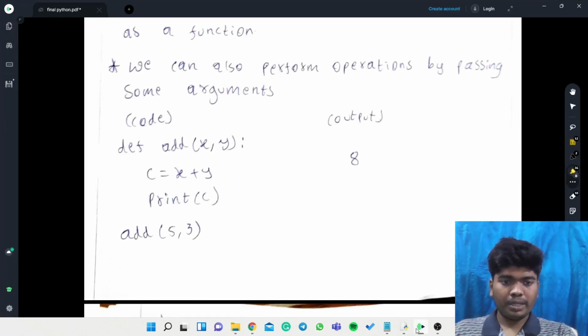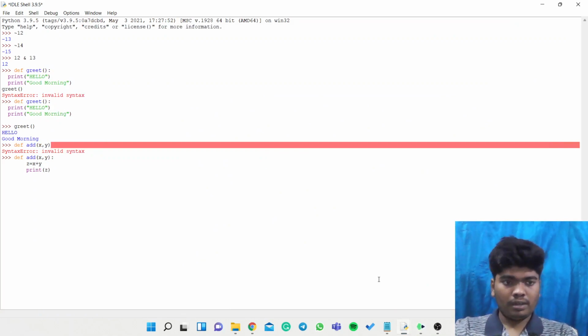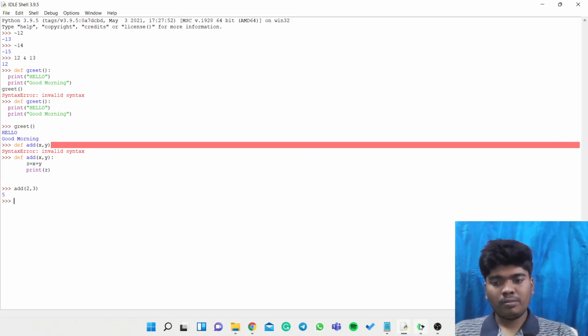So it is going to print the z value. Now we can give add of 2 comma 3, and it will give the value as 5.